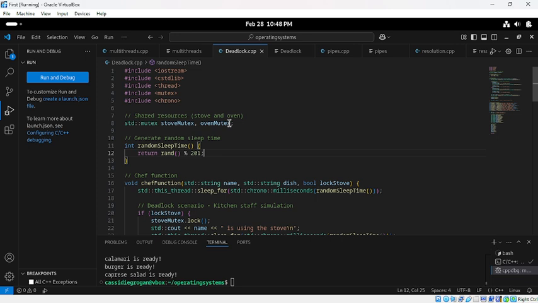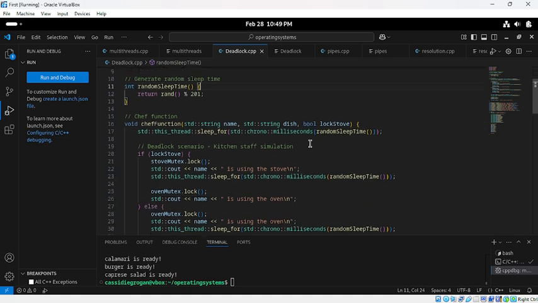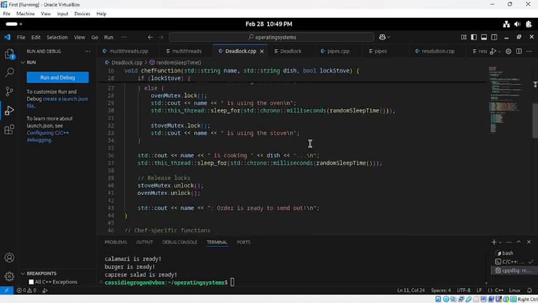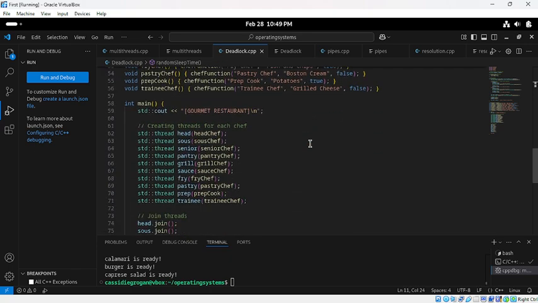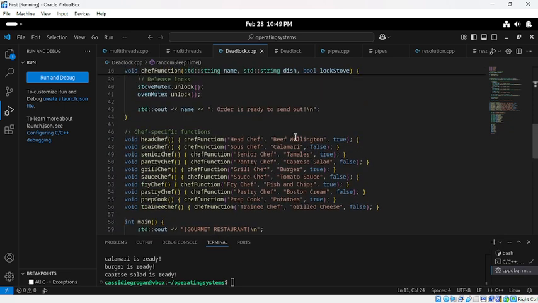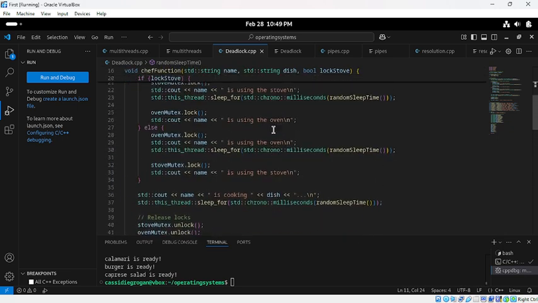Alright, without proper coordination, having threads compete over shared resources can lead to what's called a race condition, where the final result is unpredictable and depends on which thread finishes first. To avoid this chaos, we use mutexes. Here I have the stove mutex and the oven mutex to represent the shared resources that the chef functions will use. And like I said, it's the same threads, the same head chef, sous chef, same resources. It's just a bit more robust